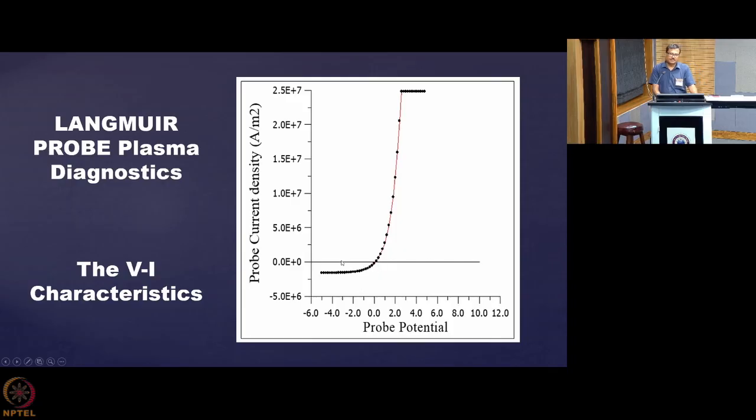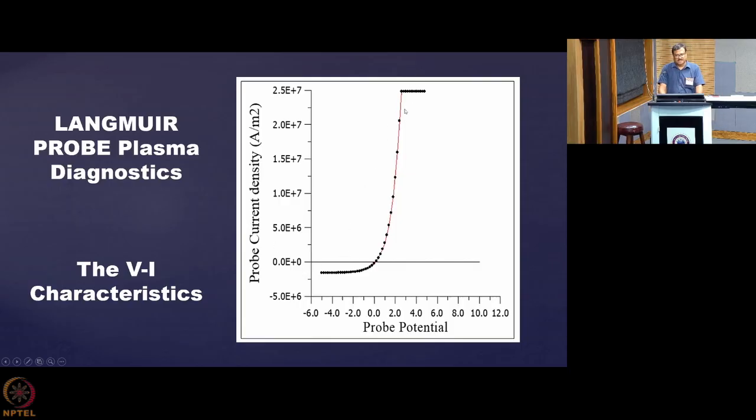So the probe current becomes zero over here, and then when you increase the potential to the positive region, when it is a bit positive, the probe current starts increasing exponentially, and after a certain time, when it is sufficiently positive, you see that the current saturates, and this is the electron saturation current. So, we are discussing the region when it is very negative, then less negative, then slightly positive and very positive. The probe current goes like this.